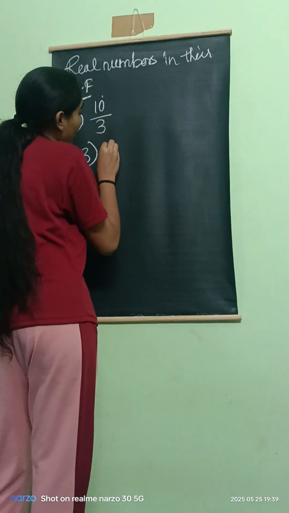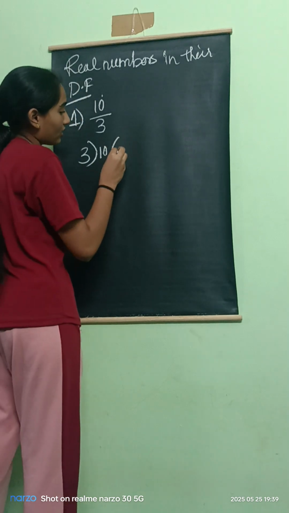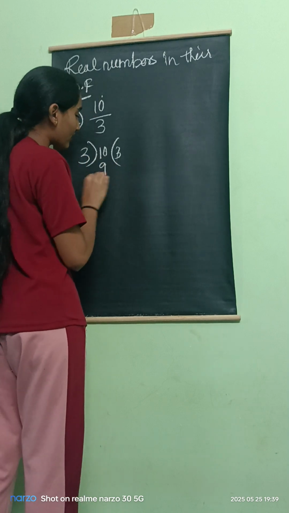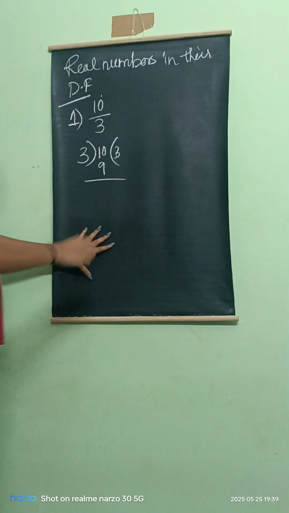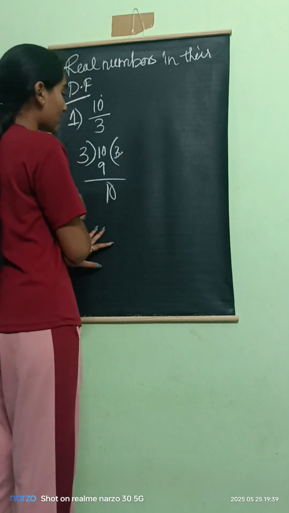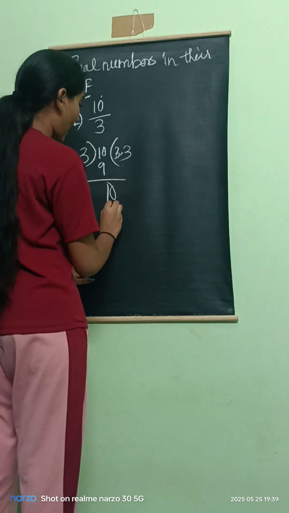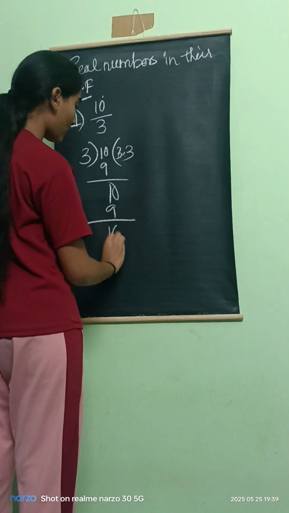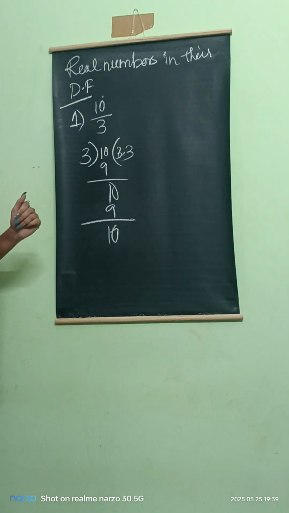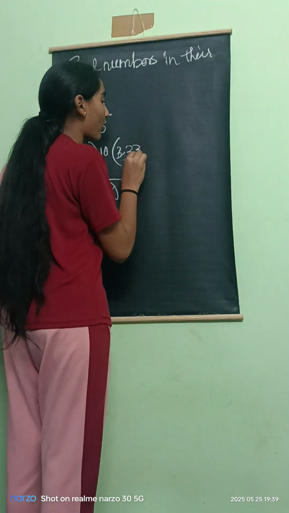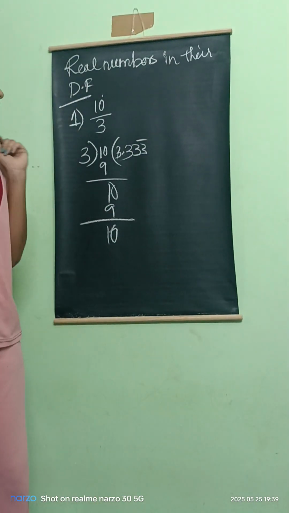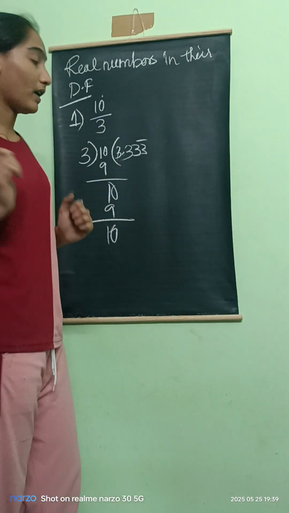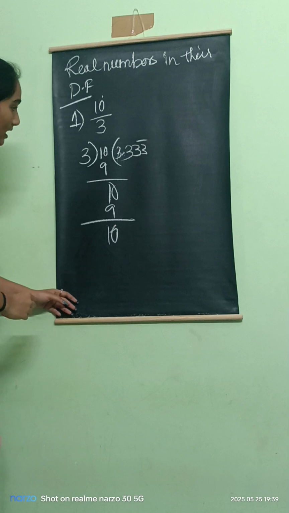3 divided by 10. 3 ones are... Why only 3 ones? We could even take 3 threes are, right? Which is quite smaller than 10. So 3 threes are 9 and 1 will be left here. Point. Again 10 comes. So 3 threes are 9, 1. And the point is already kept. So next 0. So again 10 comes. So what it means is it will be repeating like 3.33 bar. The bar should only be kept on the 3 because only the number 3 is repeating, not the number 33. Yes, so the answer is